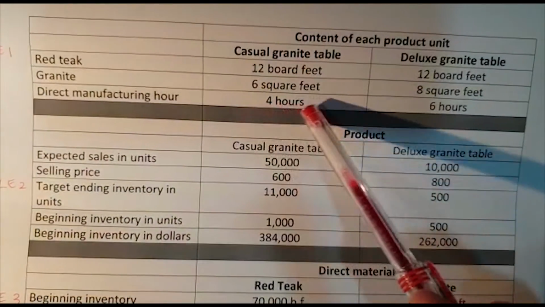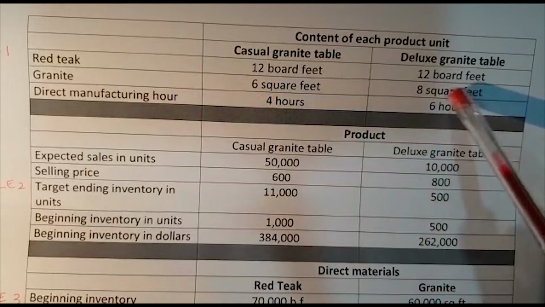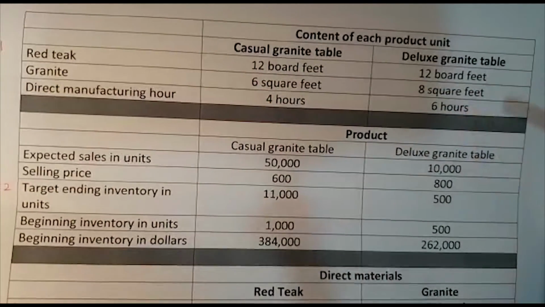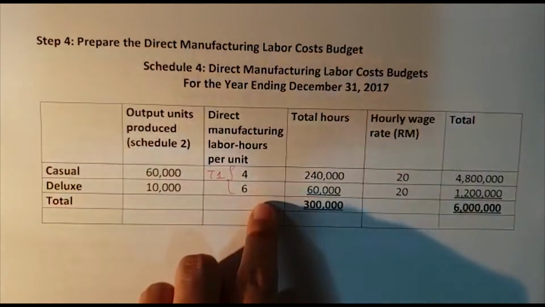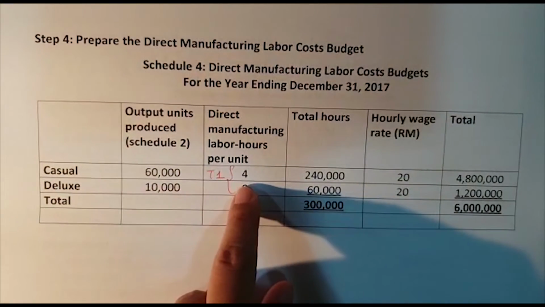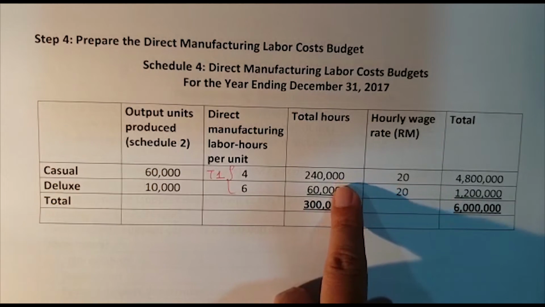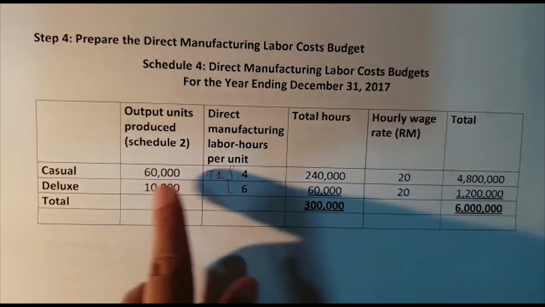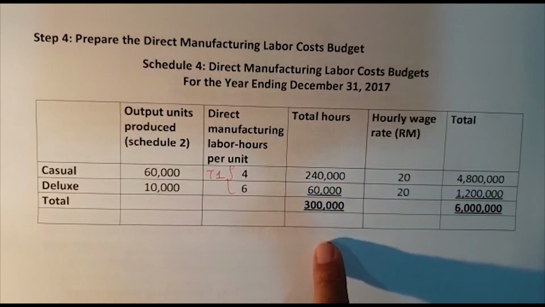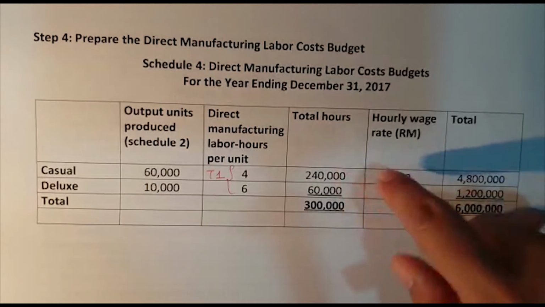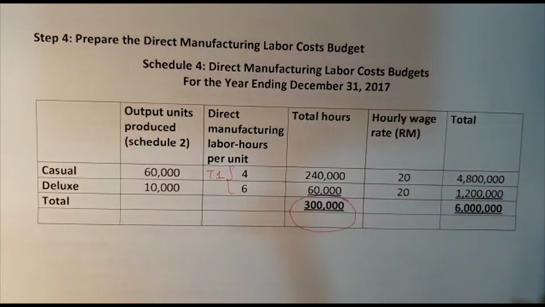Here is the information on direct manufacturing labor for casual, and this is for deluxe, 4 hours and 6 hours respectively. We have to multiply this figure with this, and we can get the total hours here of 240,000, and this one is 60,000. Once we calculate both of them and add them, we can see that total hours is 300,000. So this 300,000 will be used as a base for our